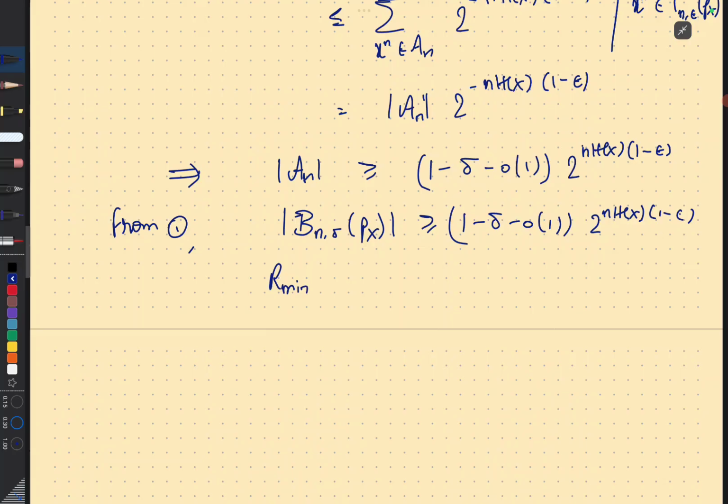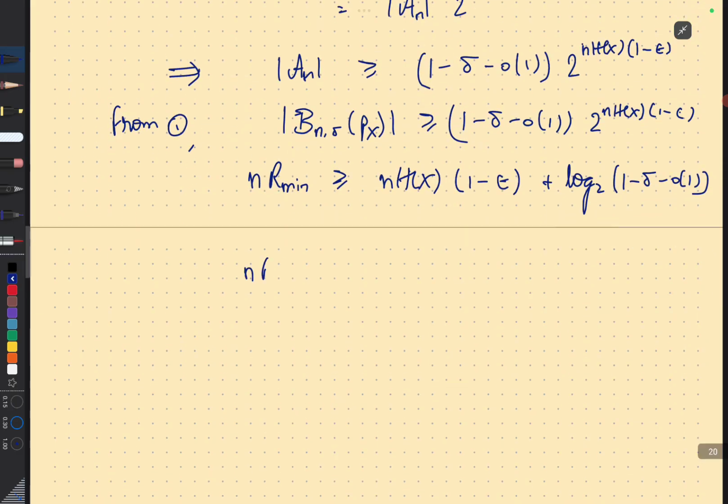Which means that the minimum rate of compression for a given probability of error delta is at least the entropy, or n times the minimum rate is n times the entropy times (1 minus epsilon) plus log of (1 minus delta minus little o of 1), or the minimum rate for a given probability of error delta is at least the entropy times (1 minus epsilon) plus 1 over n log of (1 minus delta minus